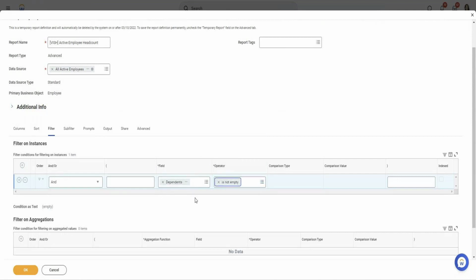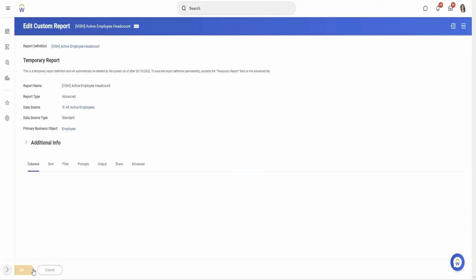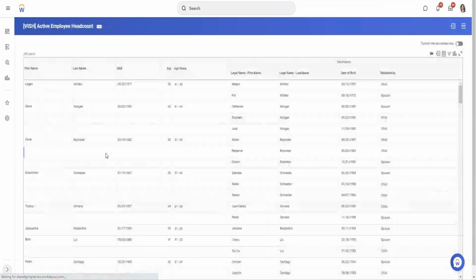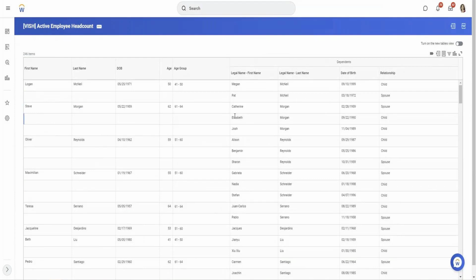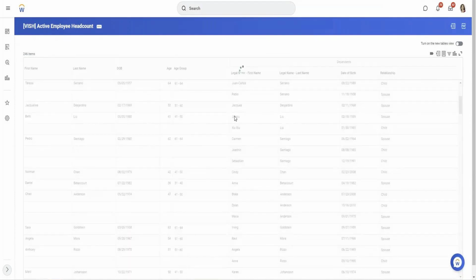So it will bring all the records where the dependent object is not empty. And when I run it, it will bring all the information with the data. And now there is no person without